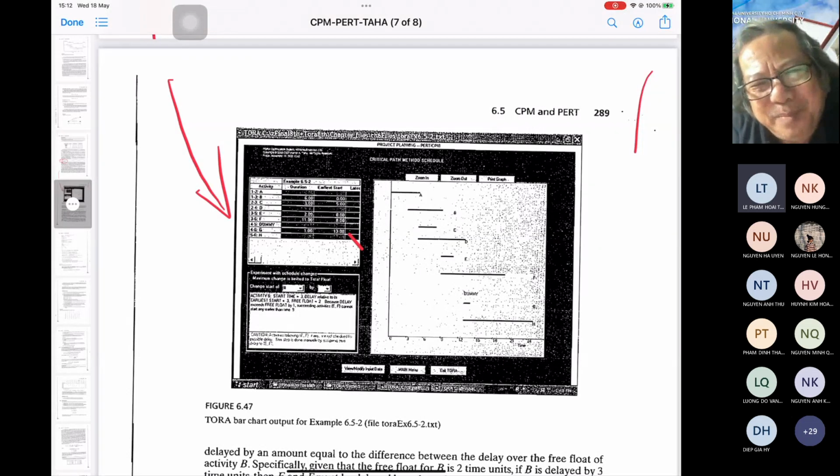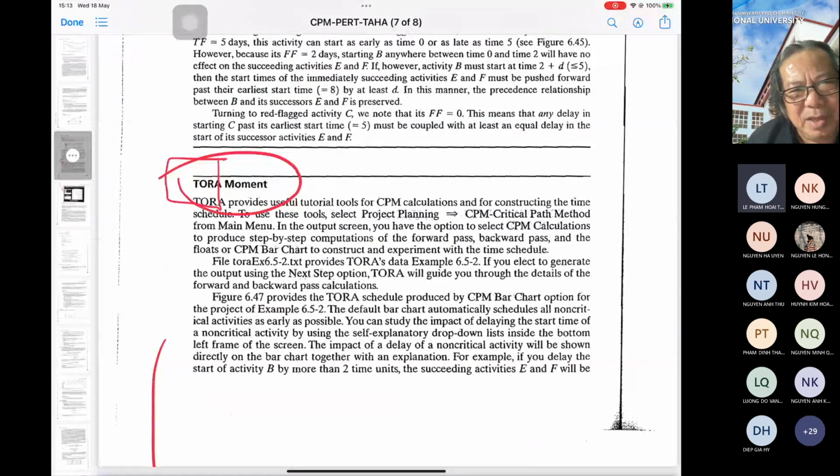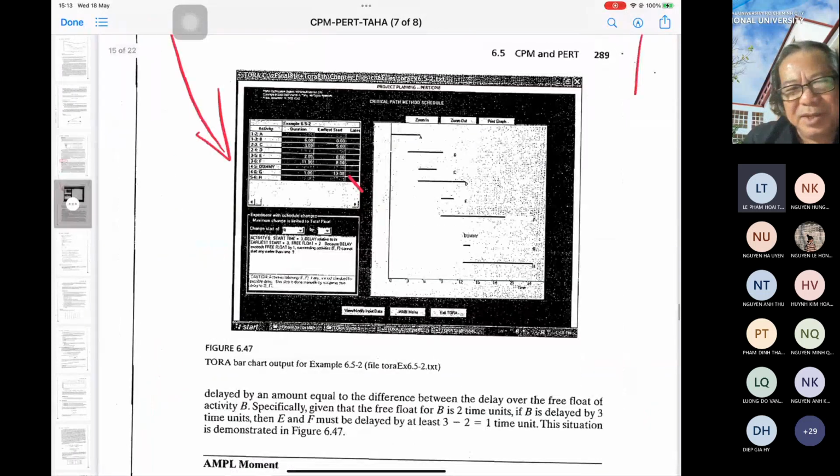Some years ago, I asked a TA of the Department of Mathematics, who was a student of our firm, finished the course, and stayed at the department. She showed us how to do it, but it is very easy. So I don't want to teach you this one. It takes time, but it's easy. It's like Microsoft Word or Microsoft Excel. So in the future, when you work on a big project, you can use software like this. Is that okay?